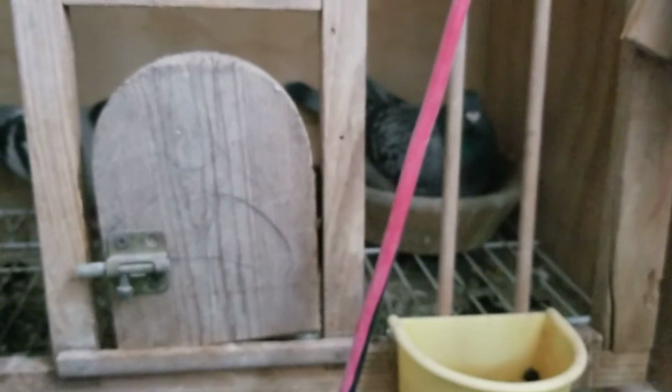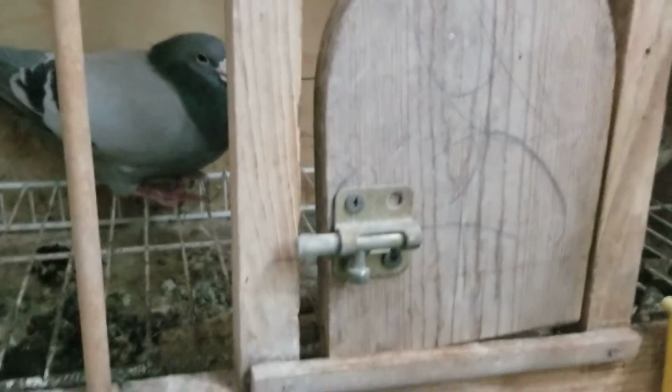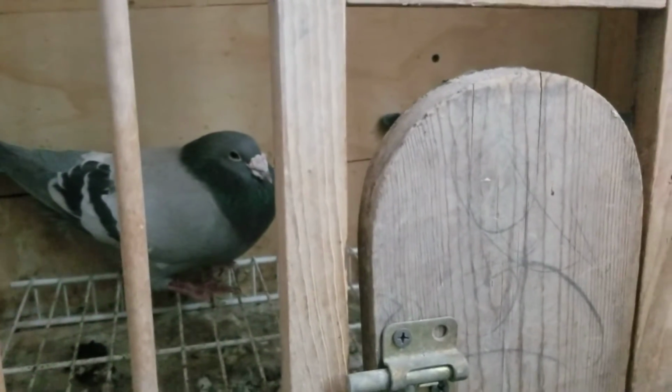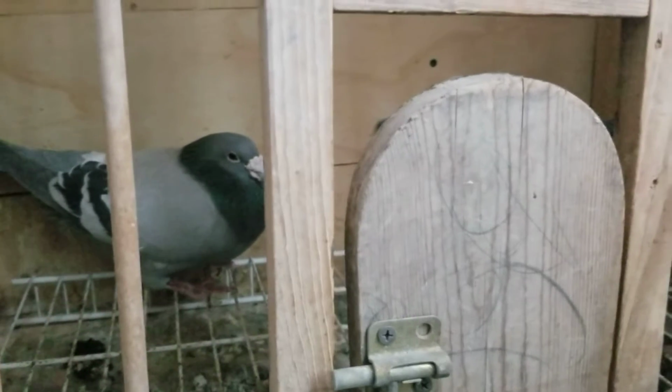I'll try to give you a look. You probably won't be able to see it on the camera, but they are empty. This is the same. They were laid the same time as the last one, and the last one's got veins, and this one doesn't. I'm gonna come out here tomorrow and see what it looks like, but from what I can tell, it looks like another round of infertile eggs, and I think I'm gonna go with a third round. So I'll go one more round, and if that doesn't work out, which my heart might be crushed if it doesn't work out, but if it doesn't work out,